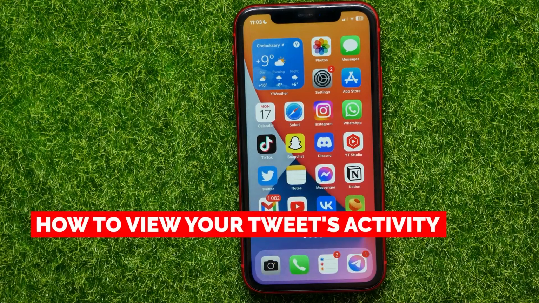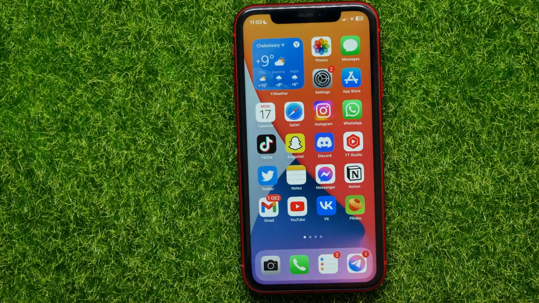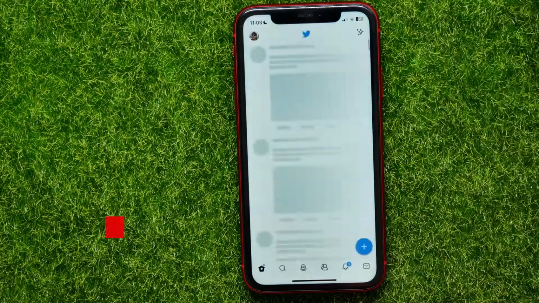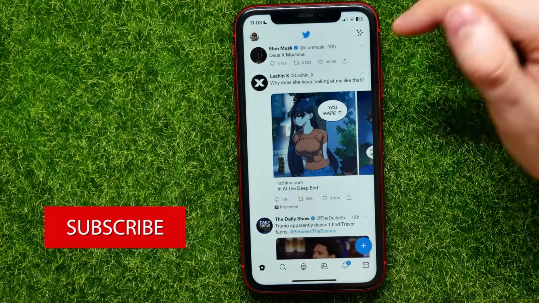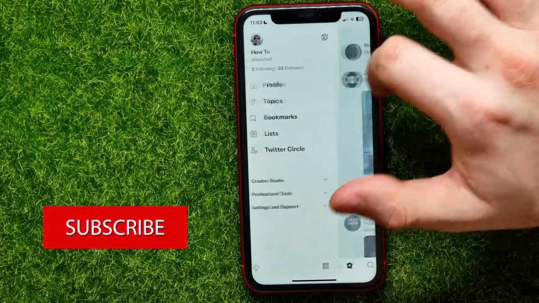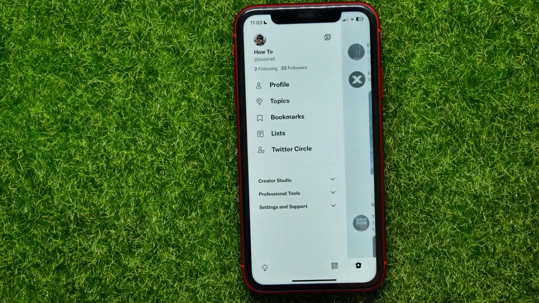In this video, I'm going to show you how to view your tweets activity. That is quite simple and easy to do, so let's begin. And first, open up the Twitter app and then just swipe over to the right to open up that menu, and